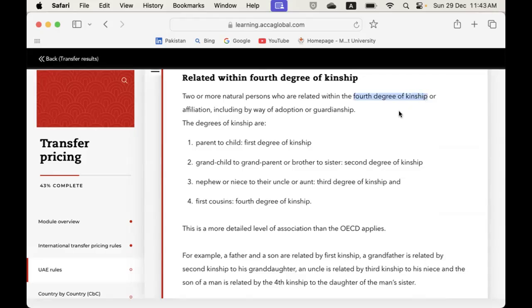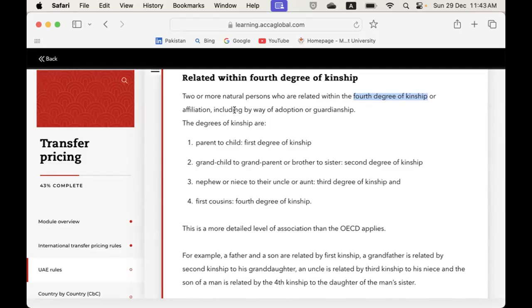So two natural persons. Let's say Mr. A, then his father, that's the first level of kinship. Then the grandfather, that's the second level. Then the great grandfather is the third level, and then the great great grandfather, that's the fourth level of kinship. So if two people have a common great great grandfather, then those two people will be seen as related parties,